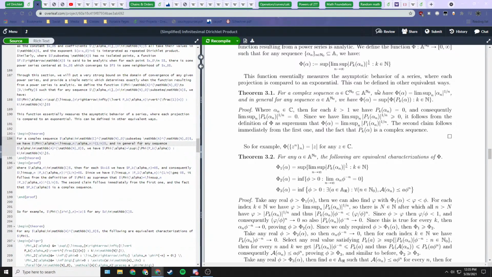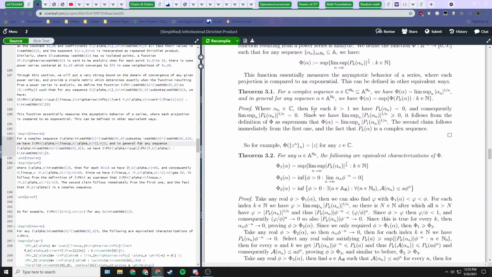So we proved this part first for the complex series. If it's complex, then for every index k greater than 1, this projection is just 0. That's our definition of how our complex numbers fit into our space: the higher projections of a complex number are all 0. Because all of these are 0, even if we take their absolute value and take the nth root, that's still 0. So the lim supremum is 0.